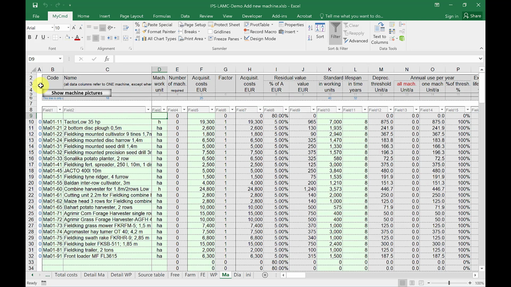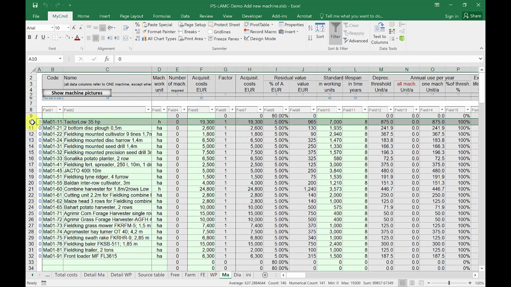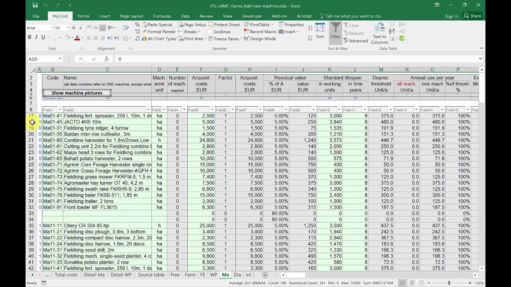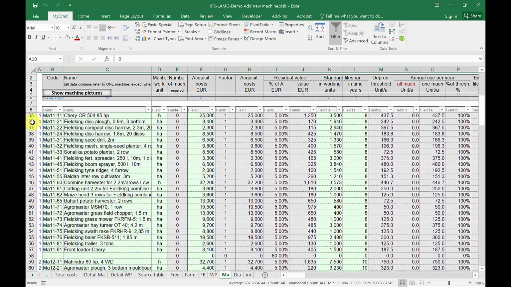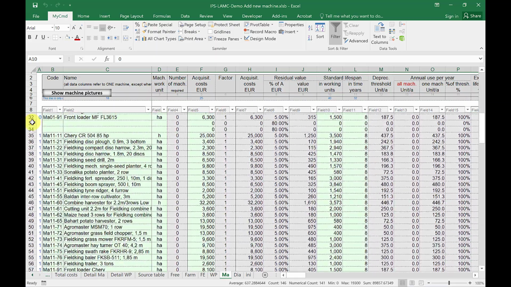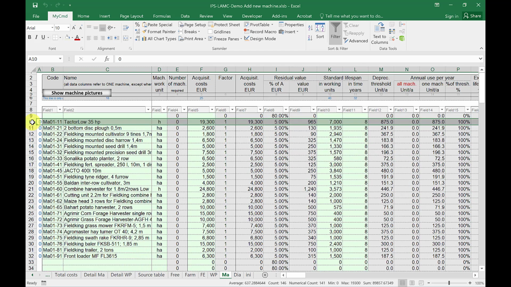Then there's a sheet called MA, for the machine. So any machine has one line in this table with all the information that is relevant for the machine and the full cost calculation for each and every machine. You see it starts with the first machinery package and then goes down to the next one and so on. So it's a long list. Next sheet,